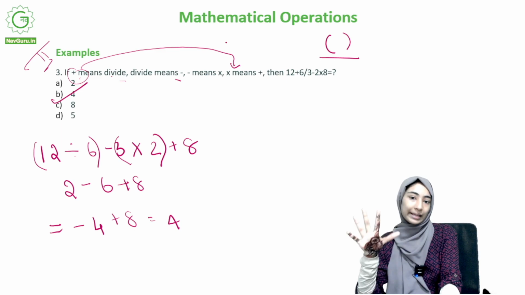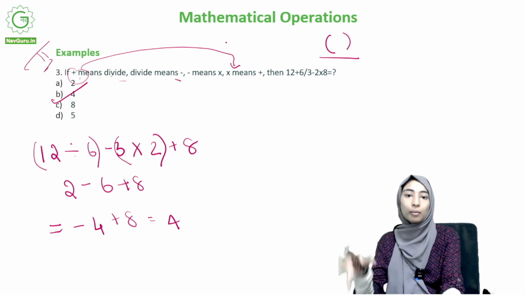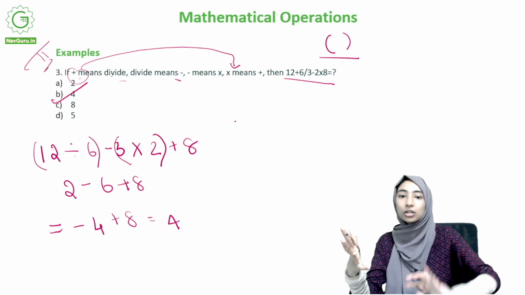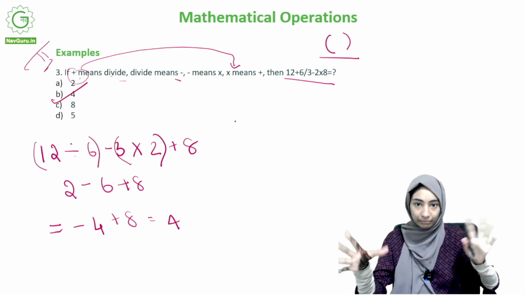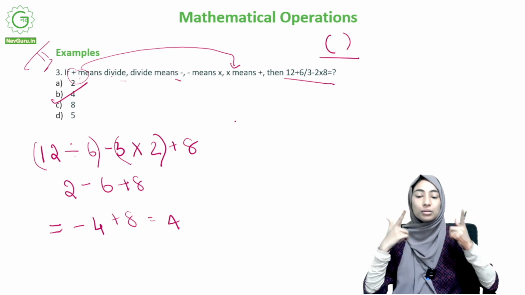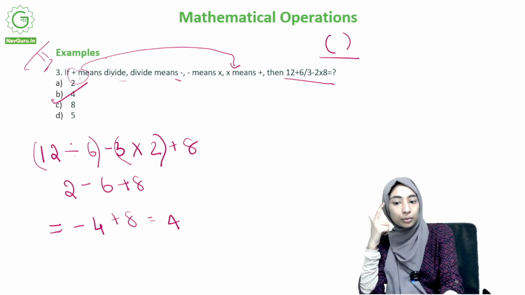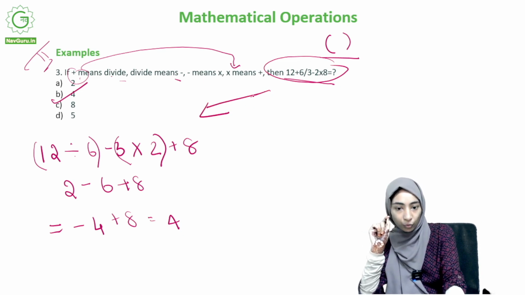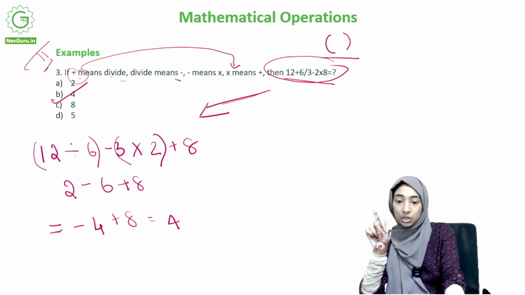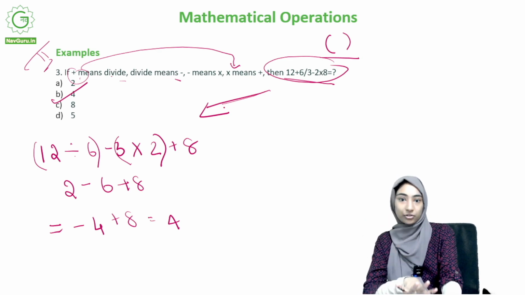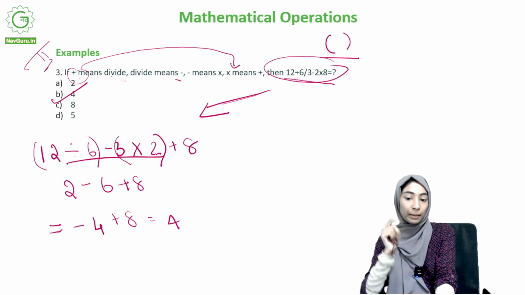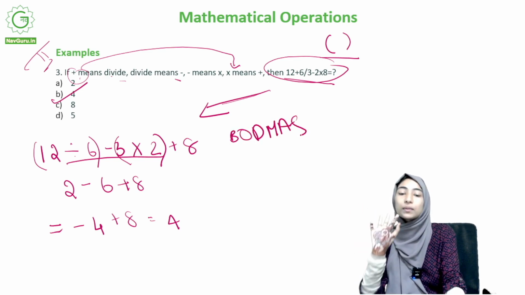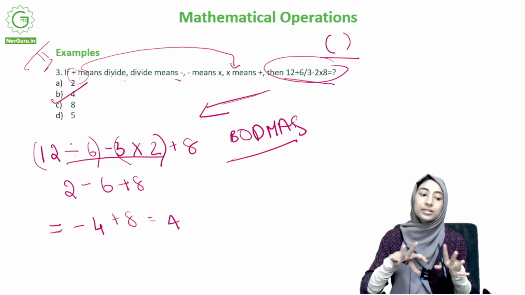So see, this is fairly easy. What do you have to do? You only have to perform basic arithmetic operations. The numbers are also very simple, small numbers. It's not very huge, unfathomable numbers, right? It's basic arithmetic operation, but it's just to test that you can decode. Instead of this, you need to write this. It's just to see how fast, well, and quick you can write this without getting it wrong. You need to be able to use BODMAS, and you need to be able to do it without getting it wrong. That's all that this section tests. Okay,